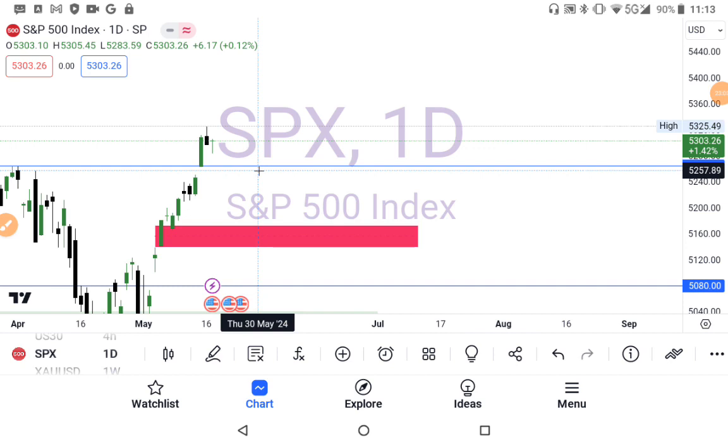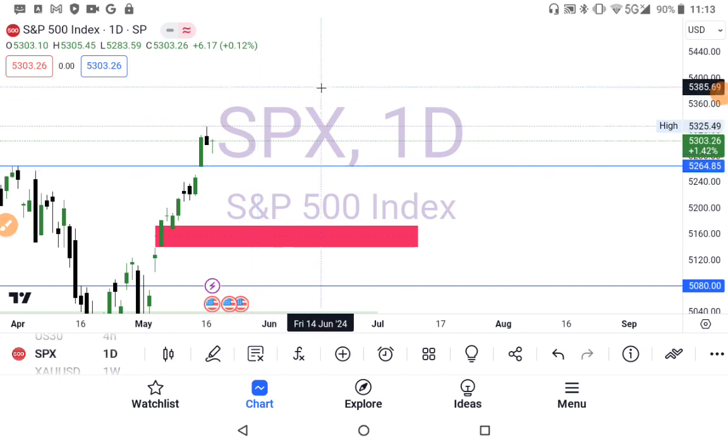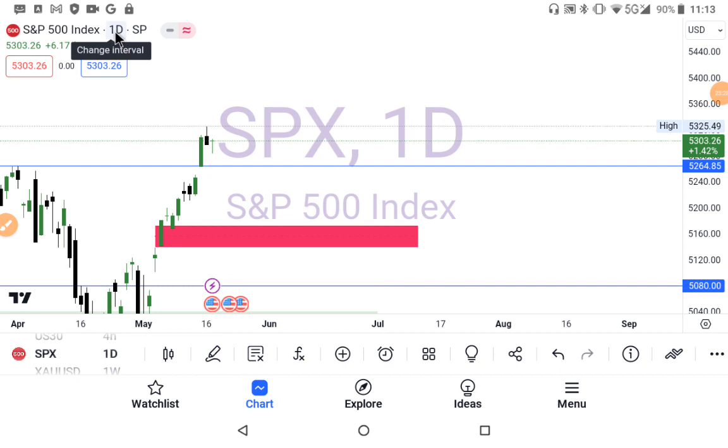retest a bit to serve as a support to the market, to the price. Then it should be able to send us into around 5,380, 5,400, 5,350. Let's do 5,350, then 5,400. Yeah, 5,350, 5,400. So my coordinates, okay,